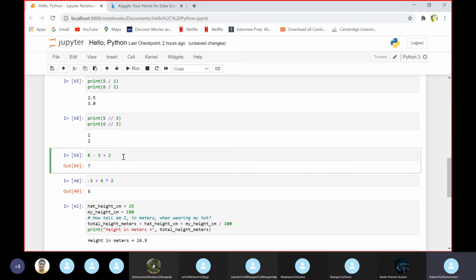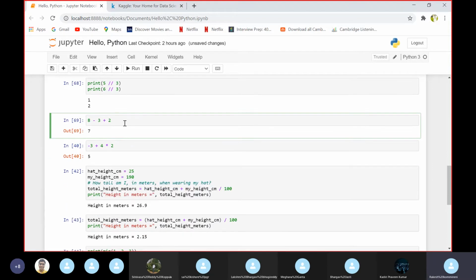Here you can see this undergoes the rule called PEMDAS, which we know from before. This operation went like 8 minus 3 first as 5, and 5 plus 2 as 7.